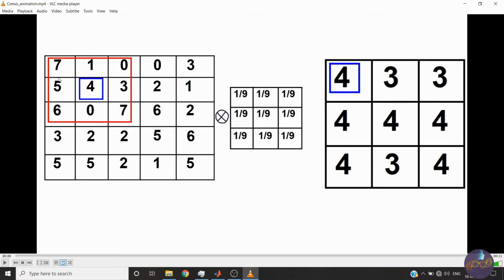If it were 5 cross 5, then this would be our central pixel, which is 3 cross 3. In general, our starting location would be m plus 1 by 2, m plus 1 by 2. If it is 3 cross 3, then m plus 1 by 2 is 4 by 2, so it is 2, 2. If it is 5 cross 5, then 5 plus 1 by 2, so 3, 3 will be our starting pixel.